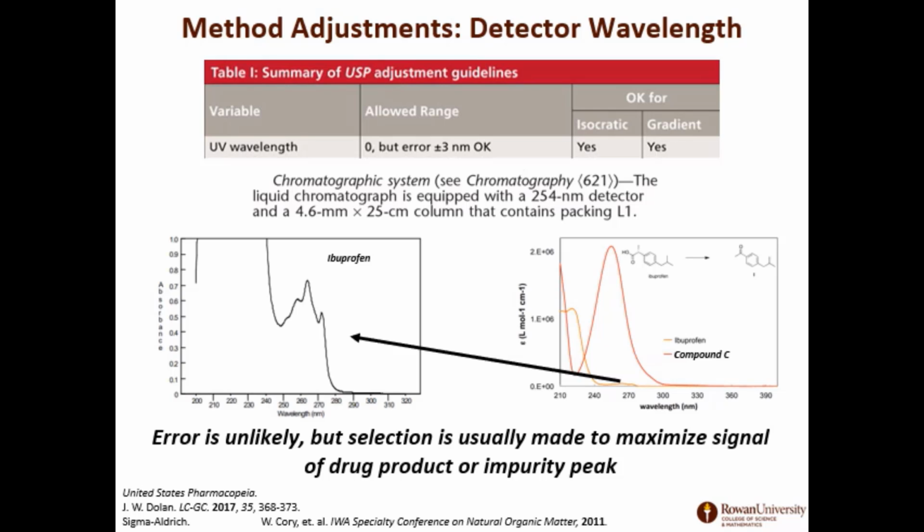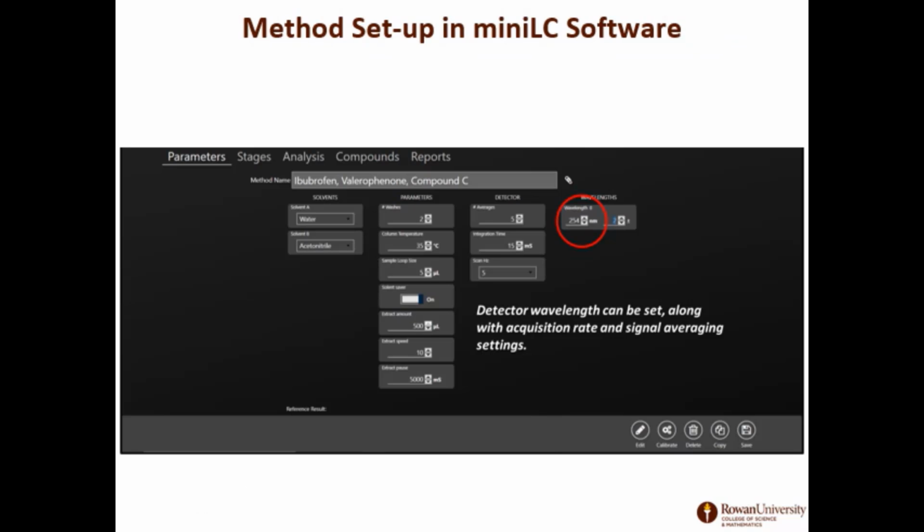254 nanometers gives you a huge signal for the impurity compound, and so you'll be able to even see it at smaller amounts, more than you will of any other typical wavelength that we might use for LC-UV detection, maybe ranging from 210 nanometers up to 280 nanometers. And so just to give an example of that, using the miniLC, if we go in here,